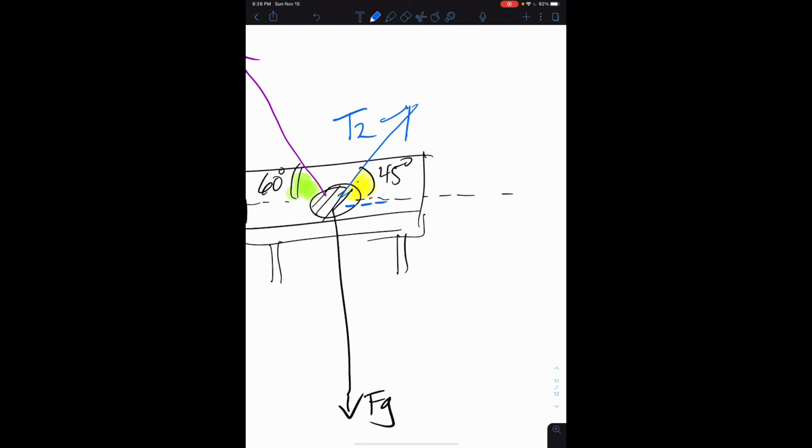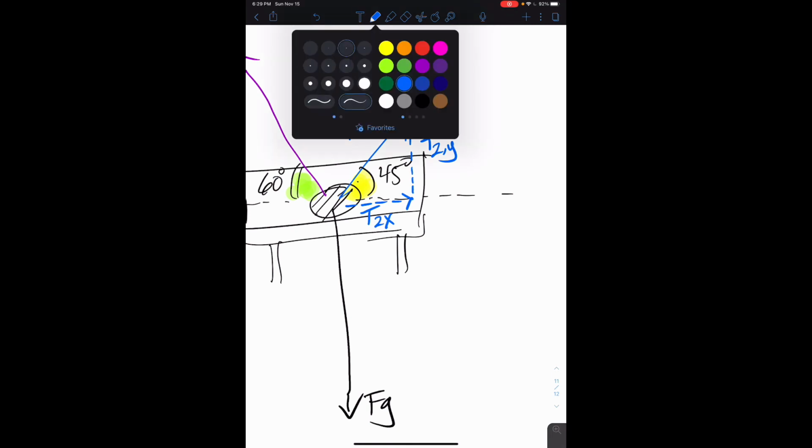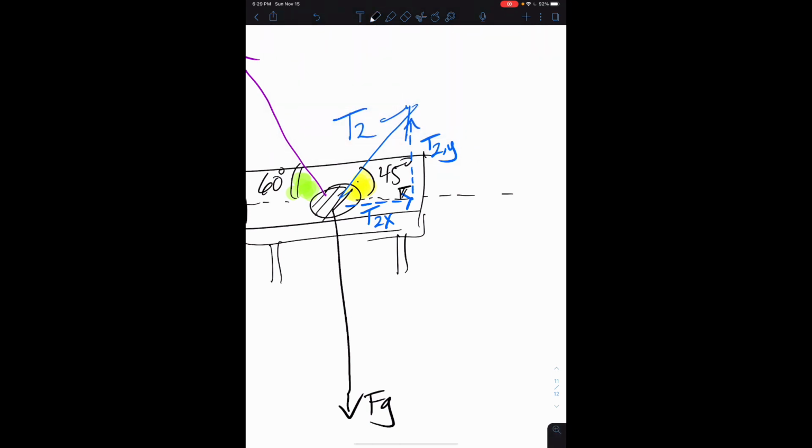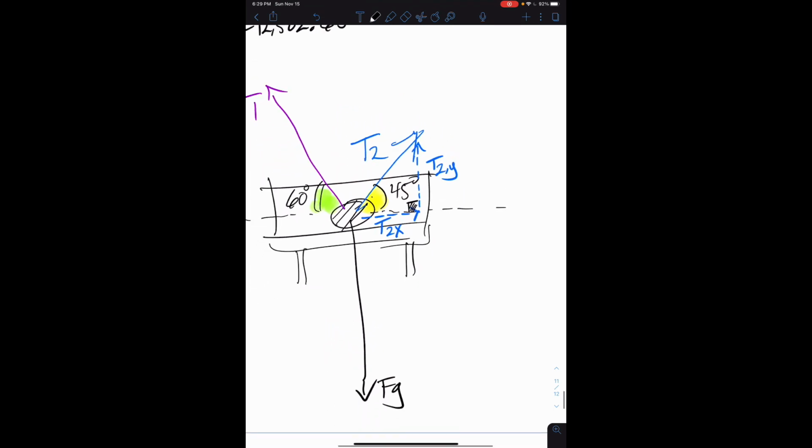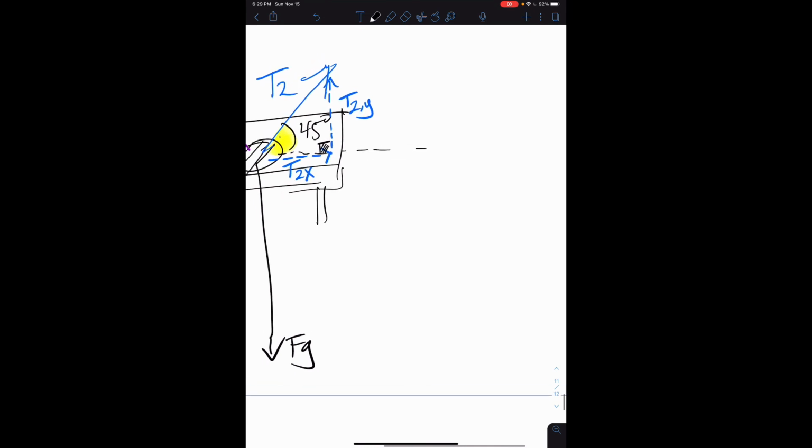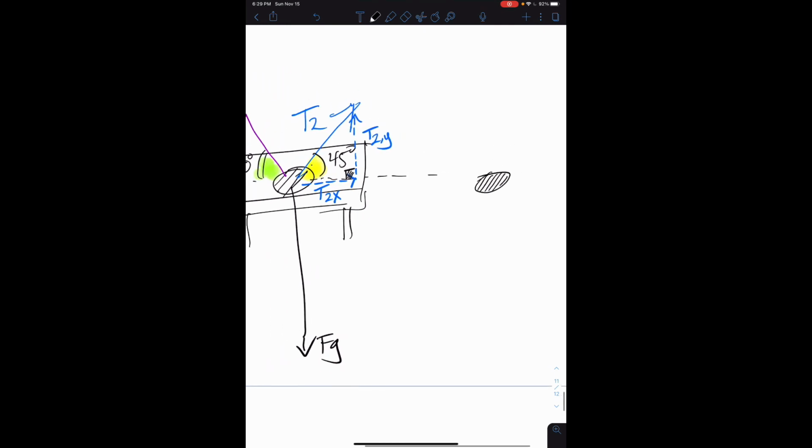And let's split it into a perpendicular component, or an x component, which we'll call T2x, and a parallel component to D, which we will call T2y. And this puts a 90-degree angle right between the two. So my point here is that if we knew T2y, we could get the work done by T2y, because what we're saying with T2 is that